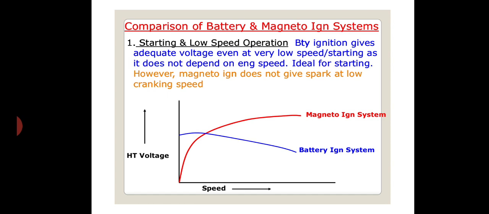Since the magneto ignition system is suitable for high speed, it is used for racing aircraft and racing cars. This system is tough and costly compared with the ignition coil system, but highly reliable. Because of the poor starting characteristics of the magneto system, and the fact that the voltage generated is affected by the change in spark timing, the battery coil ignition system is preferred over a magneto in case of automobiles.